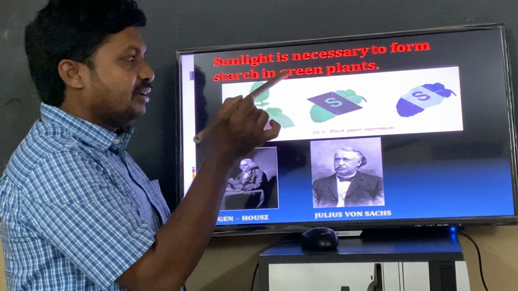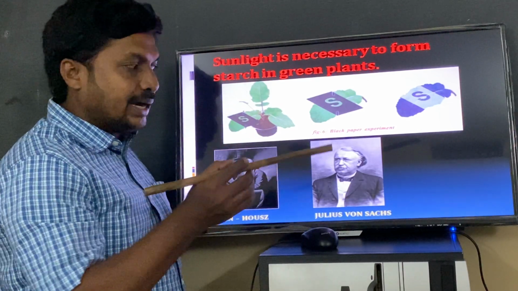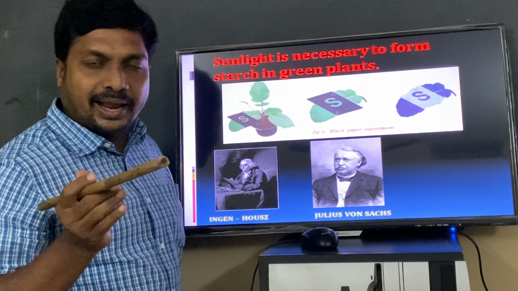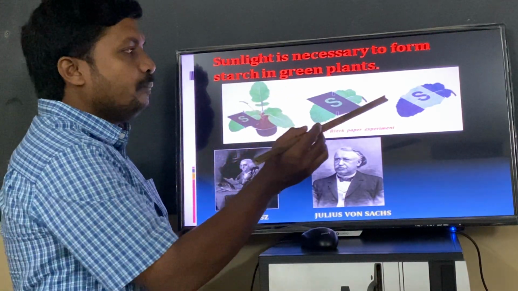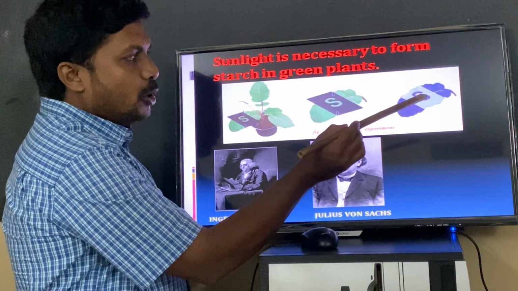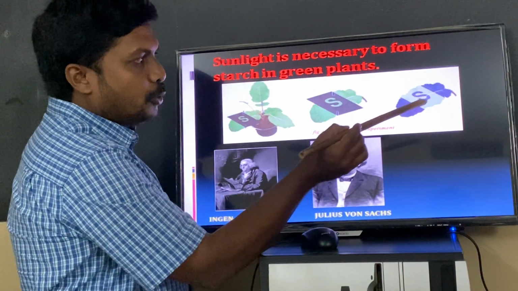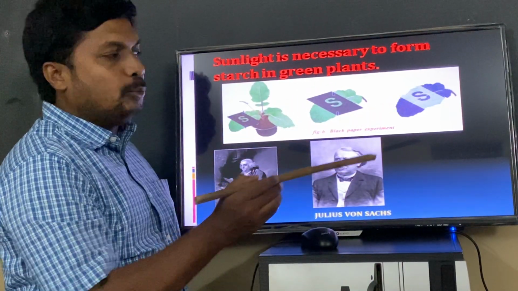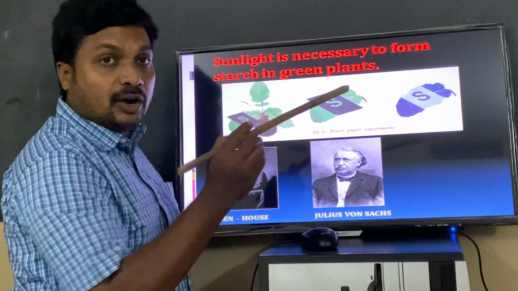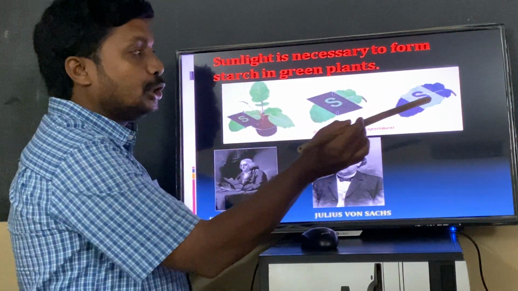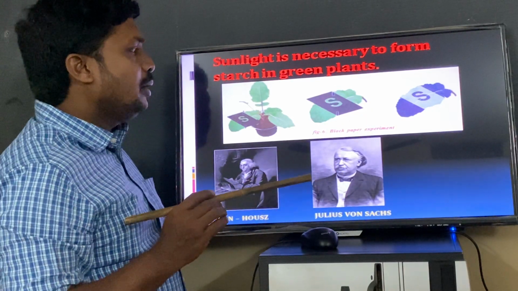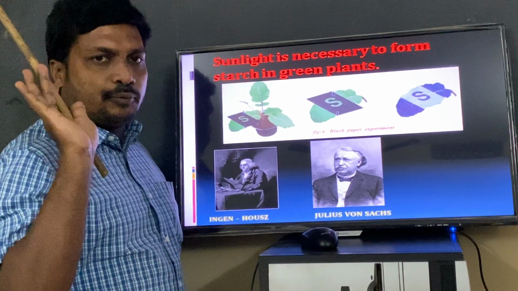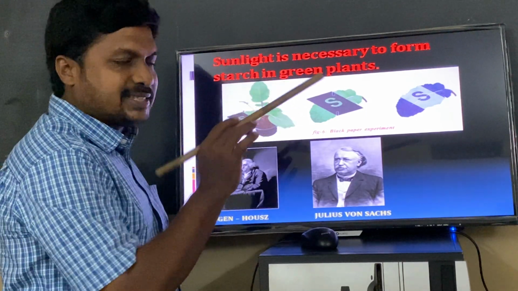Result. Based on this activity, we conclude that sunlight is essential to form starch in green plants. Without sunlight, the plant cannot prepare food. Here, the S-shaped portion and these two portions receive sunlight, no? That's why these three parts turn deep blue color, and this part which we covered with the light screen turns pale color. Precaution: arrange the light screen carefully on the leaf. That is the precaution to be taken when doing this experiment.